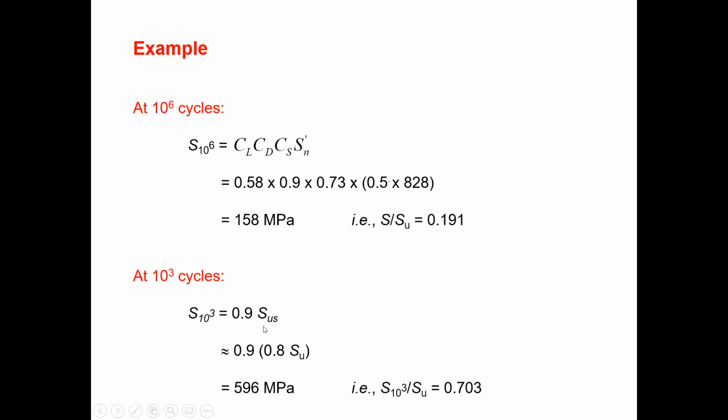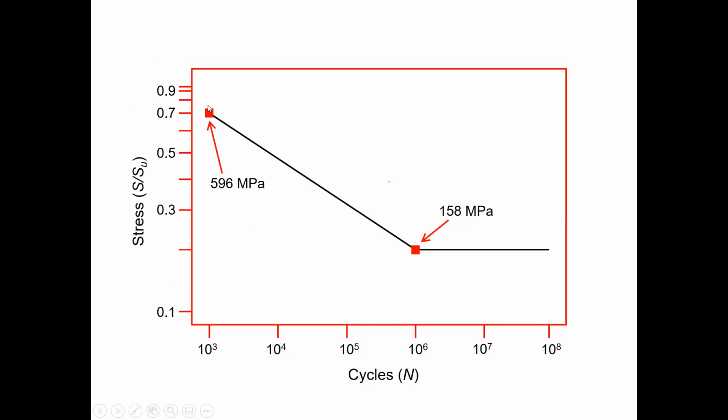In this equation it is torsional load. That's why they consider ultimate shear strength. Okay. So you can multiply that by those values and find out the 10 to the power 3 cycle strength, and this is normalizing. You can see that value, 0.703. So you can draw the curve like this,